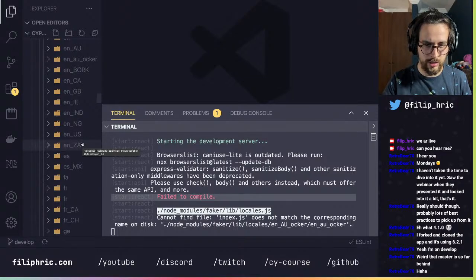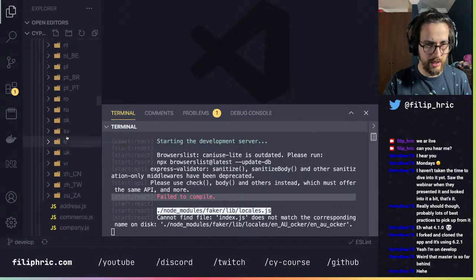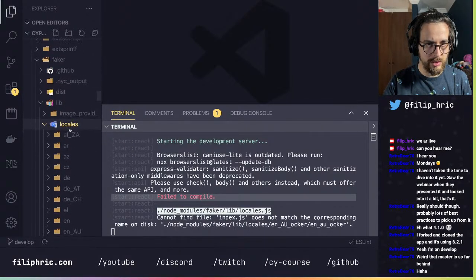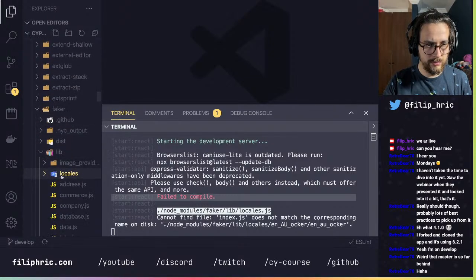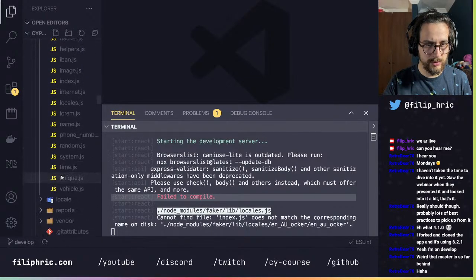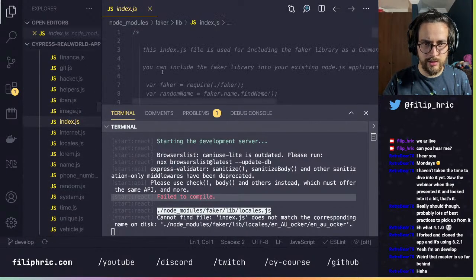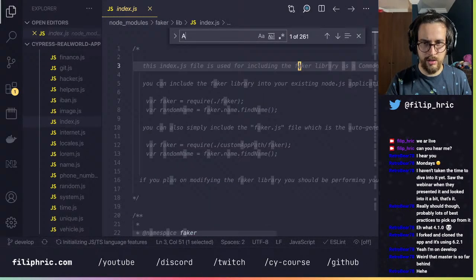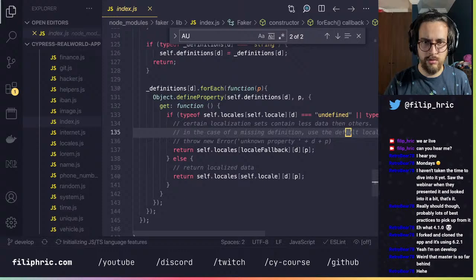That seems like the thing that it is complaining about, right? So the index.js. Wait, was this index.js? Is it referring to some kind of AU? No.